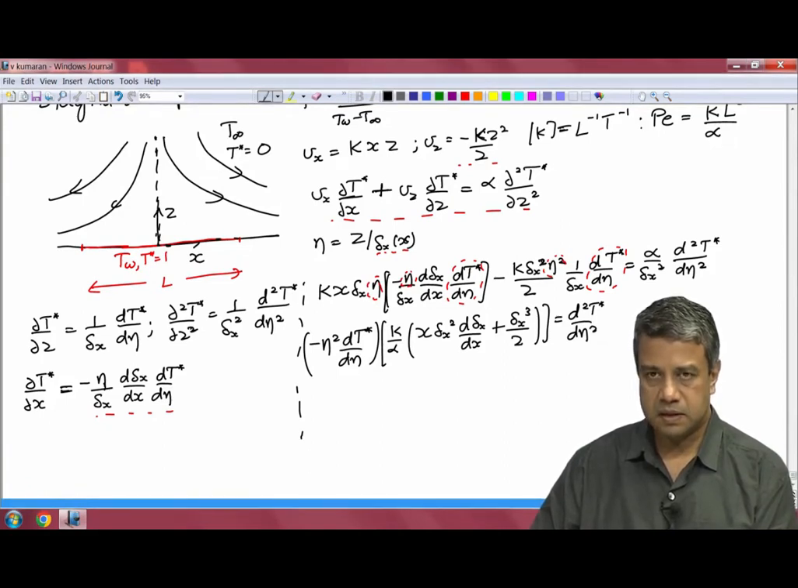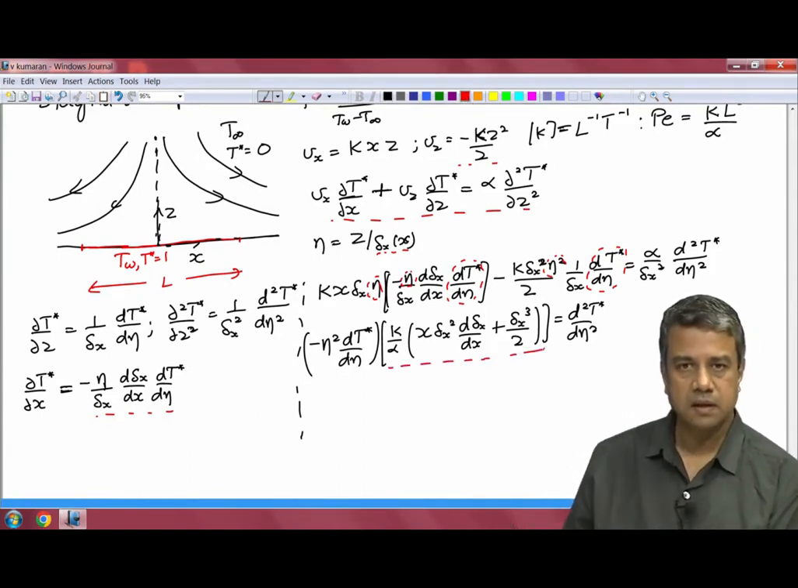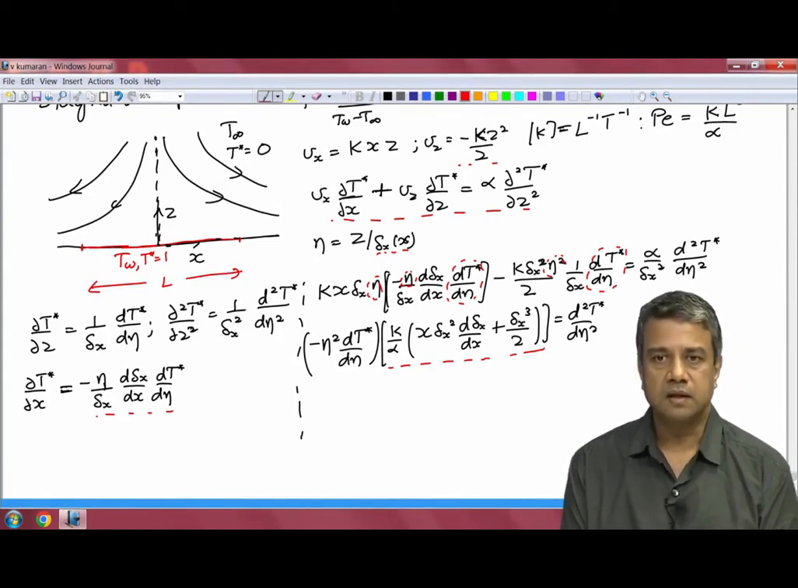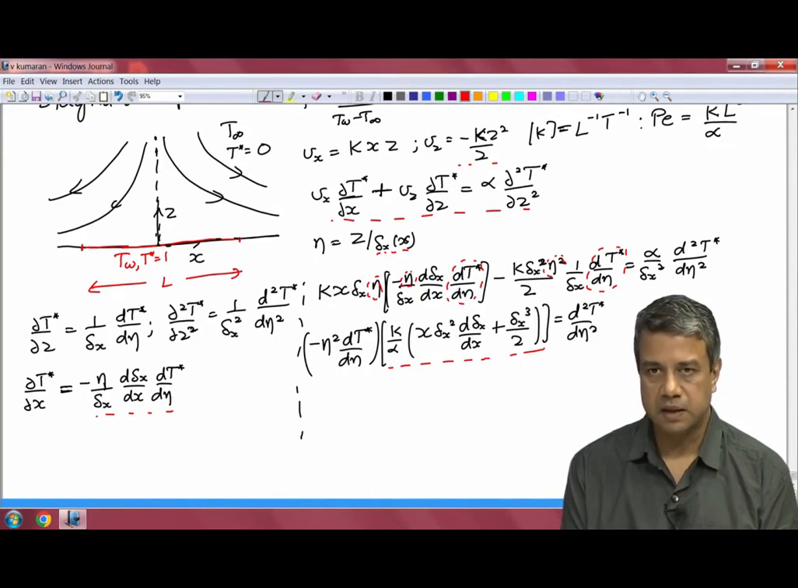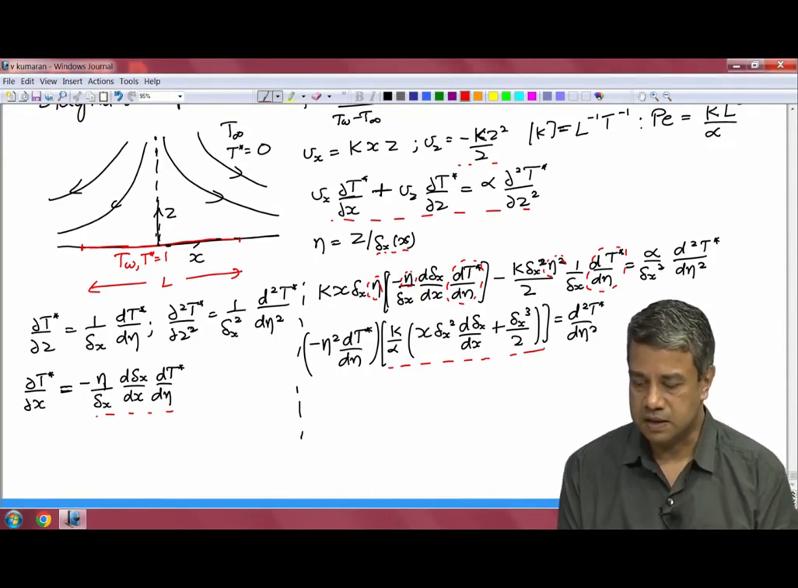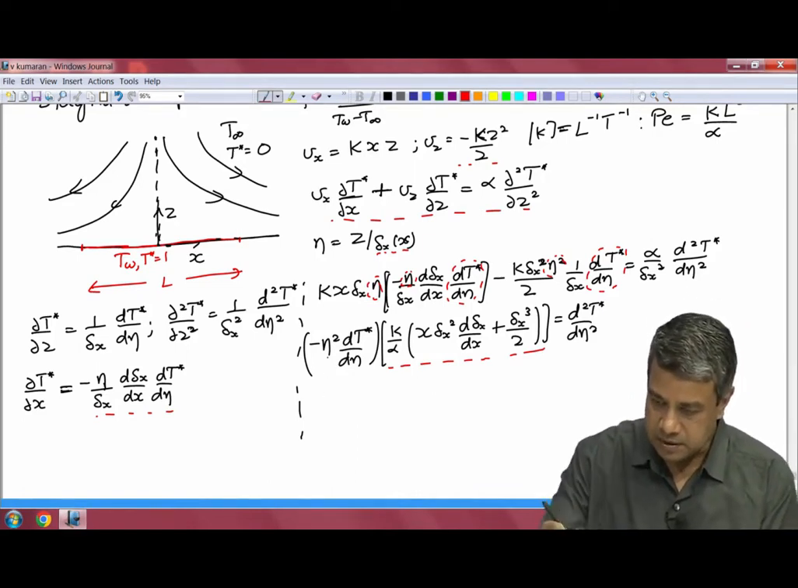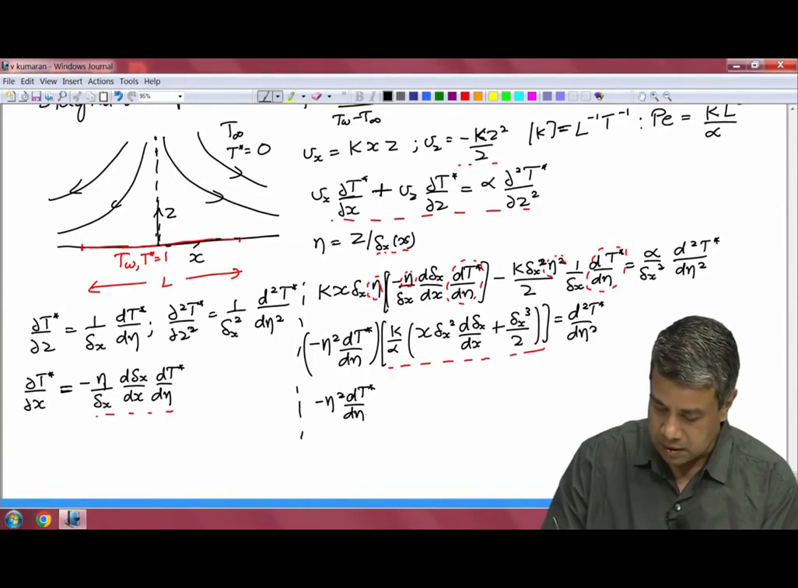This admits a similarity solution only if this term is a constant. That constant can have any value. The solution for temperature in terms of eta depends upon the value of this constant. The final temperature in terms of x and z does not depend upon this value of the constant, as we saw for the example of a flat plate. Therefore, without loss of generality, I can consider this constant to be equal to 1. Equation for the temperature becomes minus eta square dt by d eta is equal to d square t